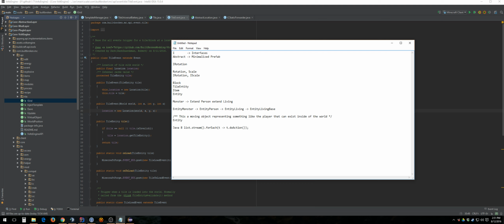Now that's actually more readable. That's really readable, but it's even more readable if I do t in list, and then do t.doAction. That's a lot easier to read versus the first line. Now you can read that without a problem. So the first line can be read, the second line can be read.